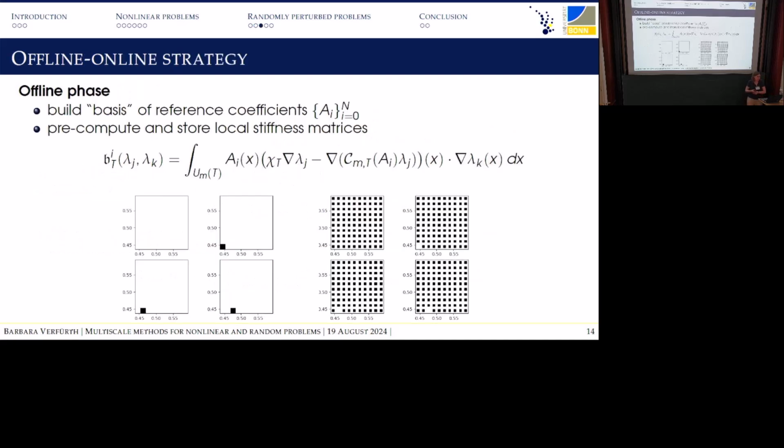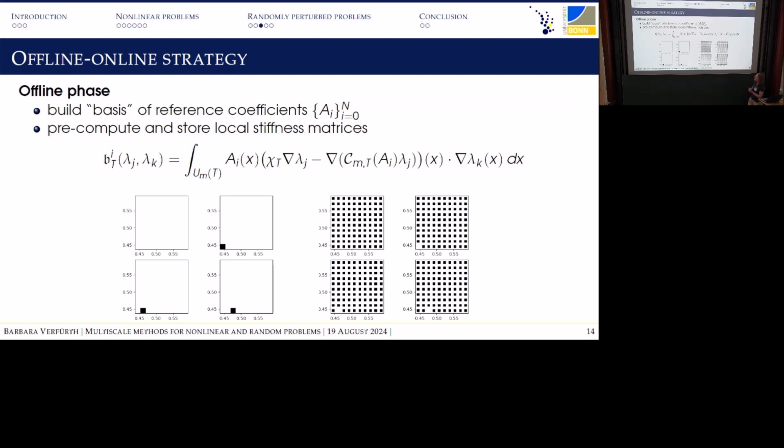So for this, I want to present a so-called offline-online strategy, where the idea is that we have an offline phase that is done once, and that may take some time and some memory or whatever. And then for each sample in the online phase, I'm rather fast. So what is the offline phase about? In the offline phase, I do two things. First of all, I just fix one single element of my coarse mesh. Because of periodicity, it's sufficient to do this for one element and its surrounding patch.